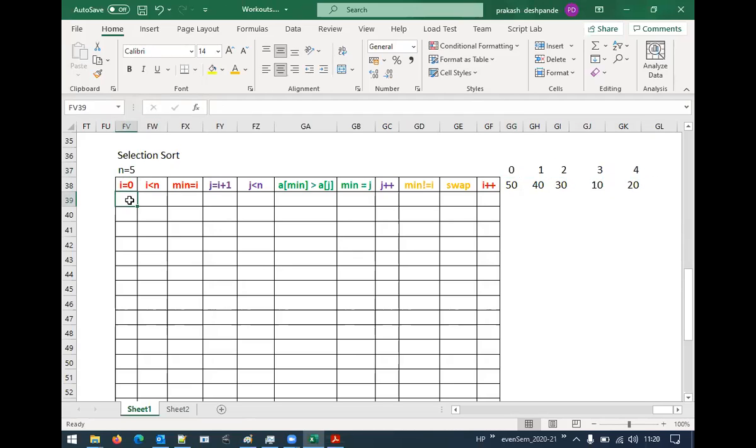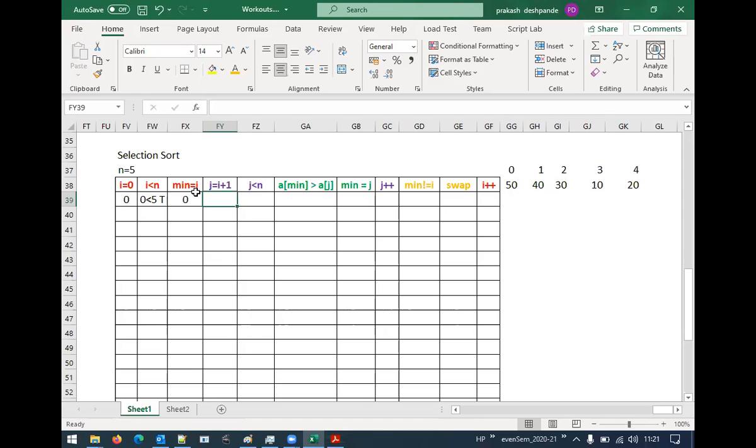Now, let us start with our tracing here. So first time, outer for loop I equal to 0. Initialization is done. Now I type 0 here. This 0 means what? The value of I at present in this iteration is 0. Then condition, that is 0 less than n. N is 5. Now is this true or false? True. Since it is true, it will enter into its body. That is min equal to I will take place. Now what will be the min value now? I value. So I is 0, so min is 0. Right? Now the next statement is the inner for loop.